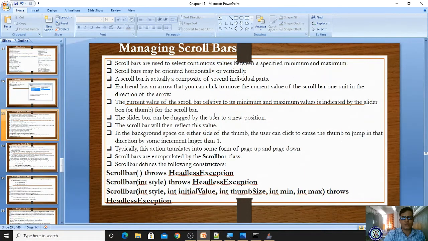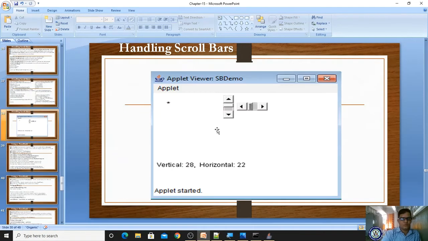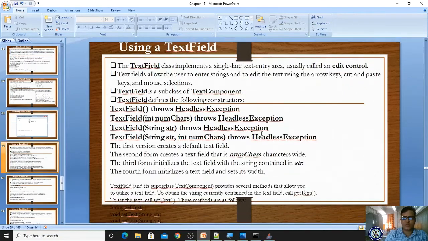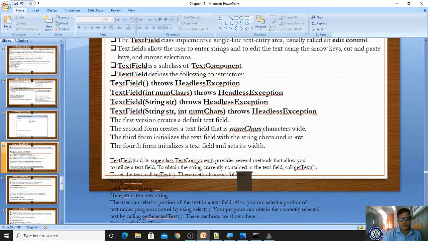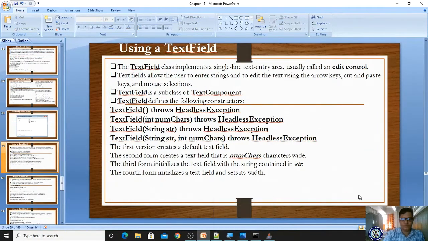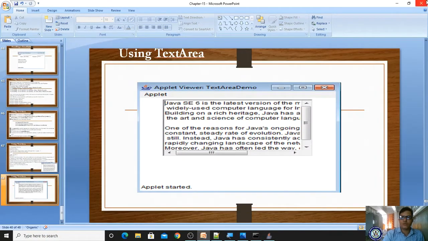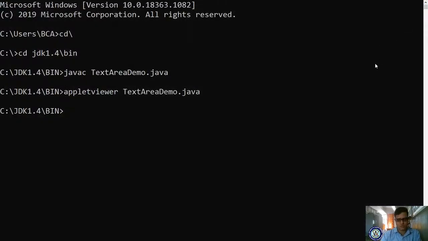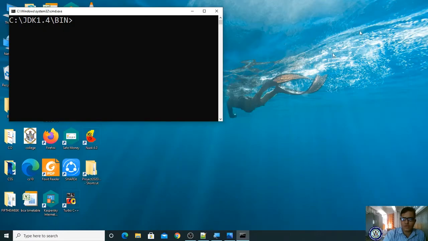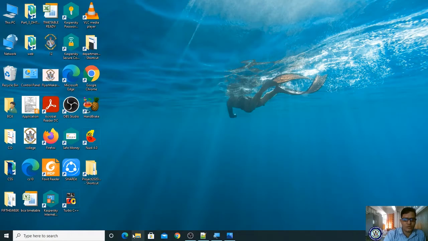And next one is the scroll bars. Now only we have learned about the scroll bars. So if you want to place the scroll bar controls, you can take scroll bars and a text field. So to place text fields, we have to use text field, and next text area controls. Okay, so by using these controls you are making graphical user interfaces in your Java. Okay, and also we have to learn the arrangement of those controls. Okay, and we will move to the next chapter.